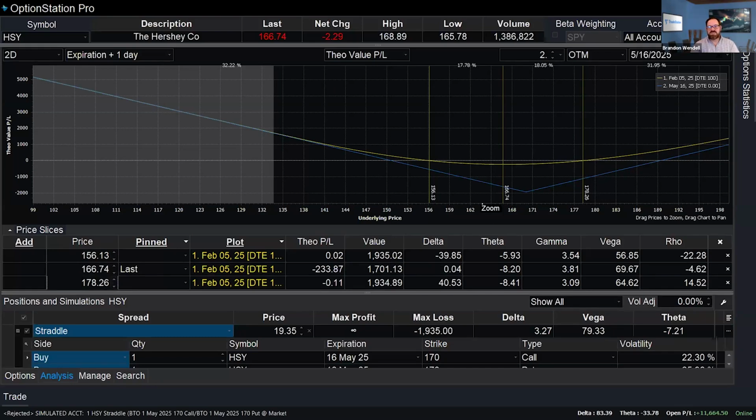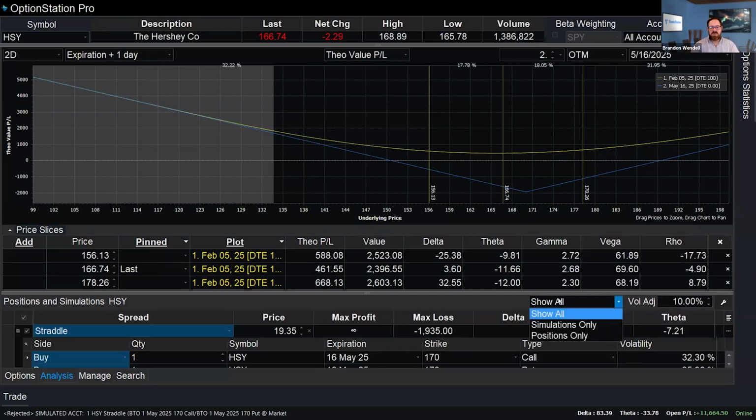So this is kind of what I'm demonstrating here. If I'm doing this now while the volatility is relatively low and Hershey on average gains roughly 10% in volatility before the earnings release, if it does do that, even without any price movement, we're looking at either a $588 gain if we drop, or if we rise, $668. That's before the move and before the earnings actually come out, just simply playing the volatility.